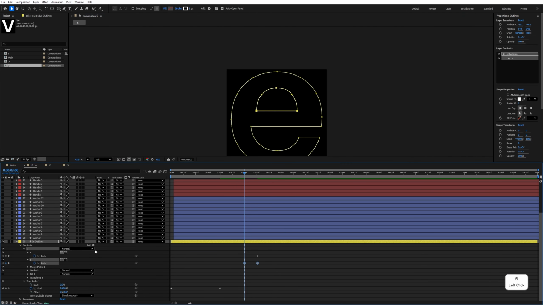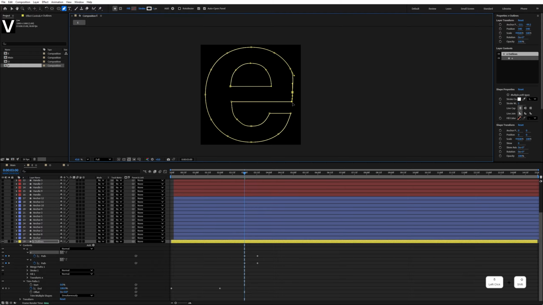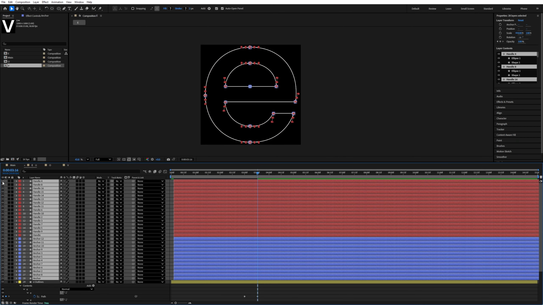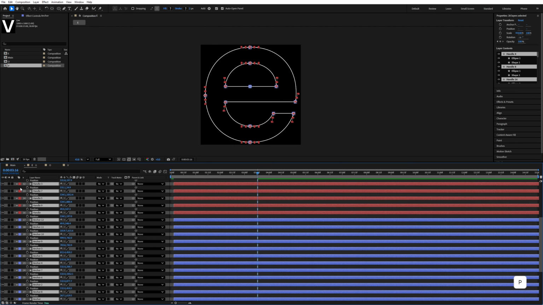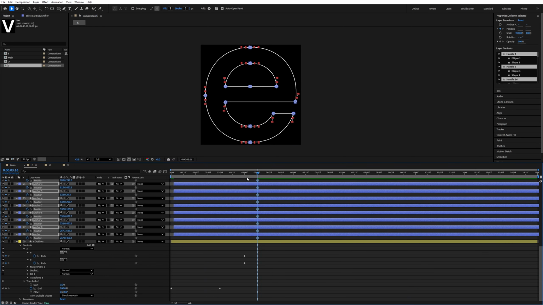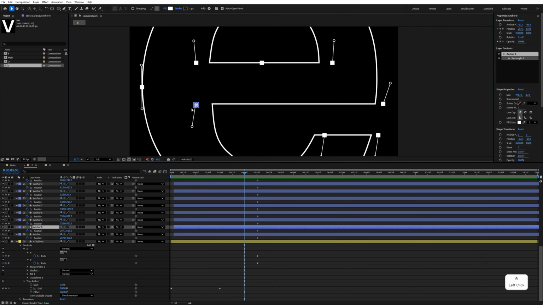Now select the second path and select this pen tool. Now let's move this path as well. So your logo path will animate like this. Now go to the end of this keyframe and enable all of this anchor and handles and press P to add the position keyframe. Go to the starting of this keyframe and lock this outline and move this handle and